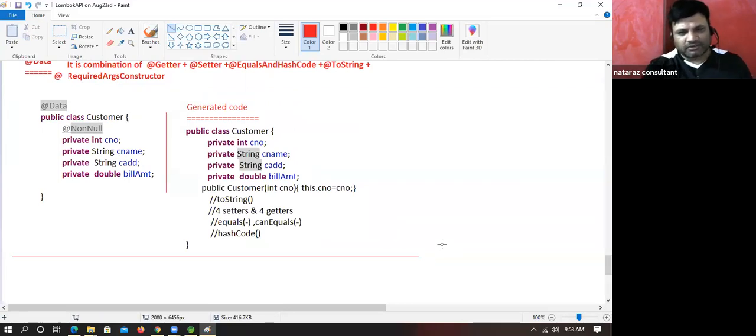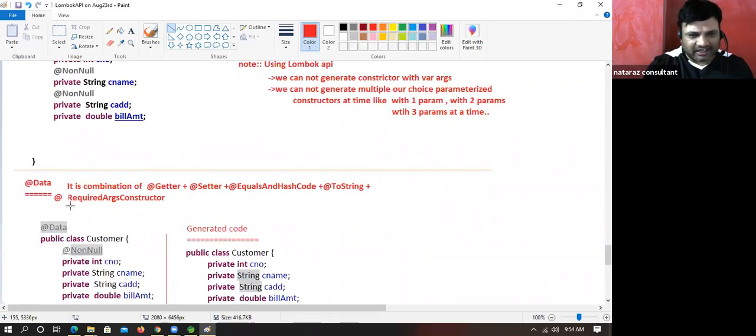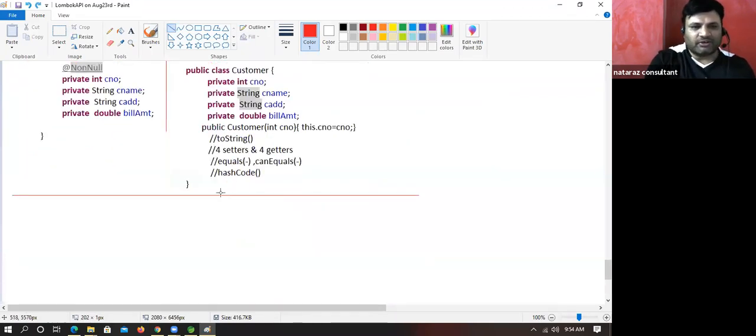Four param? Who said four param? It is not having an all-args constructor. It is having the required args constructor. Please notice that. After listening to the entire Ramayana, don't ask me who is Sita. toString is also there. One param, because @NonNull is there only on top of this one.